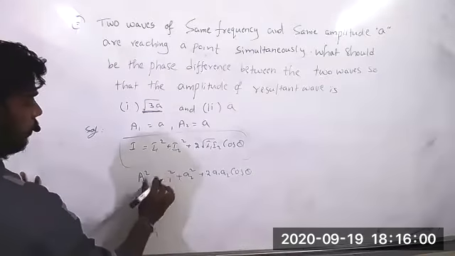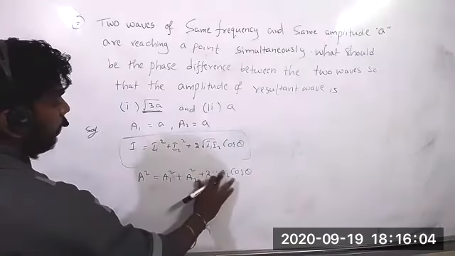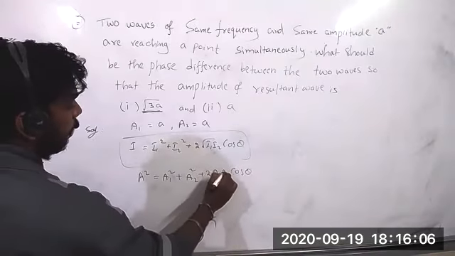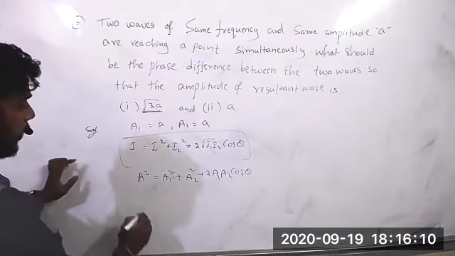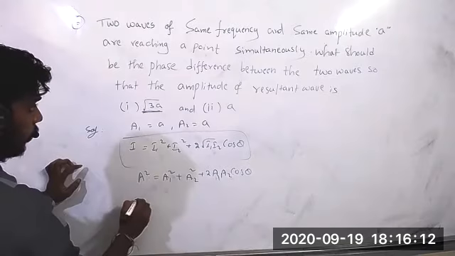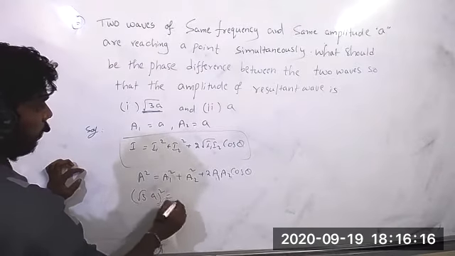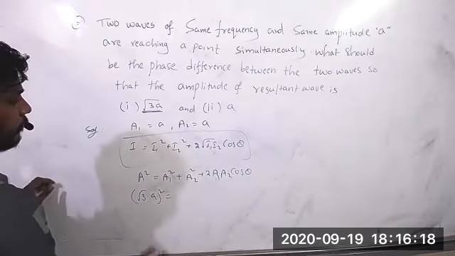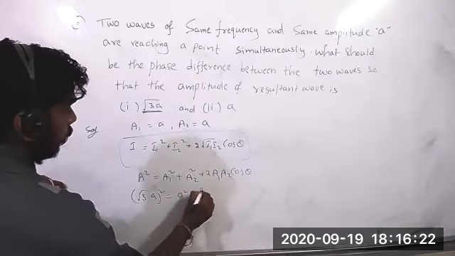So the first wave is root 3a. So root 3a whole square equals a1 square, that means a square, plus a square plus